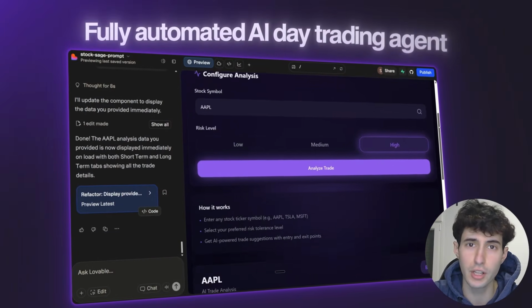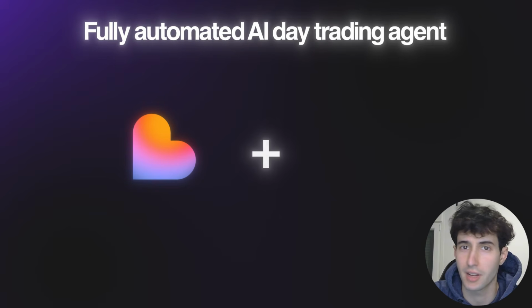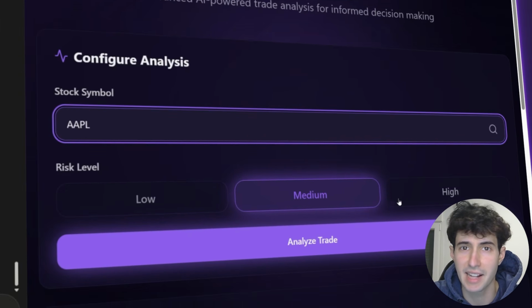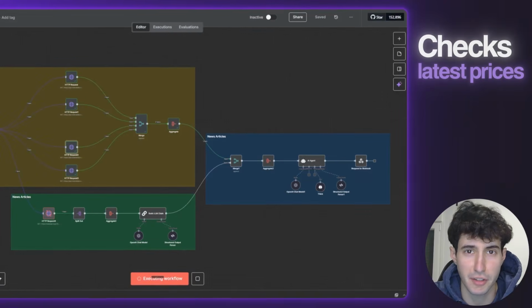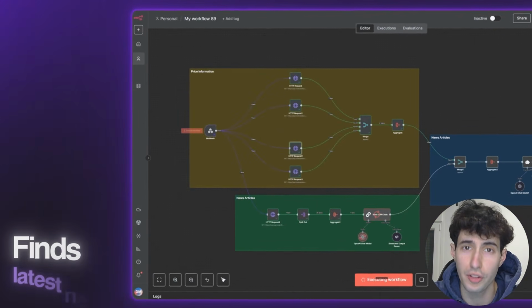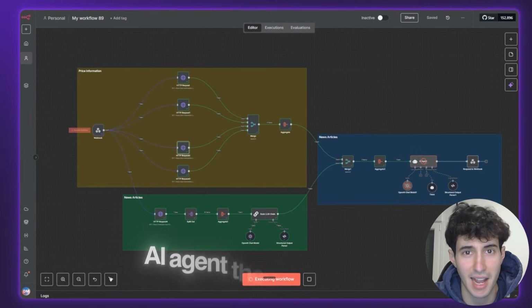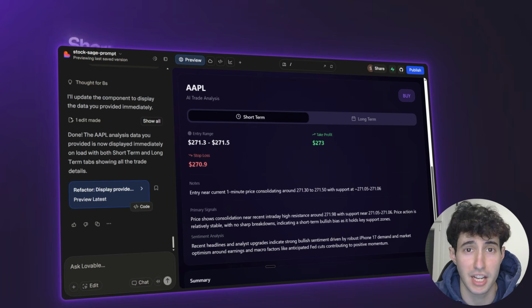I built this fully automated AI day trading agent using Lovable and N8N. All you have to do is select the stock you want to trade and your preferred risk level. Then the app automatically checks the latest prices for that specific stock and finds all the latest news that can affect its future price. After that, an AI agent processes all of this data and gives you both a short-term